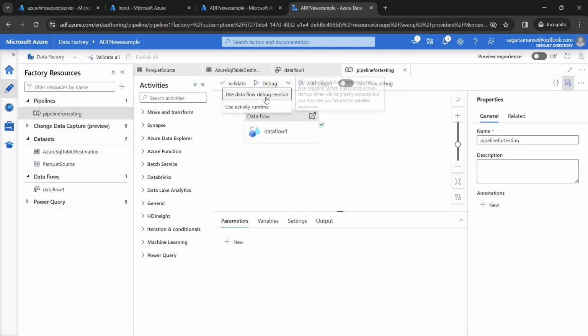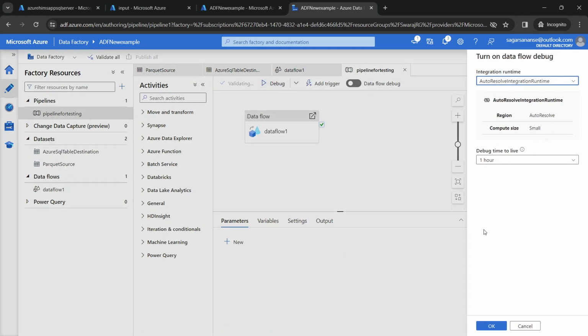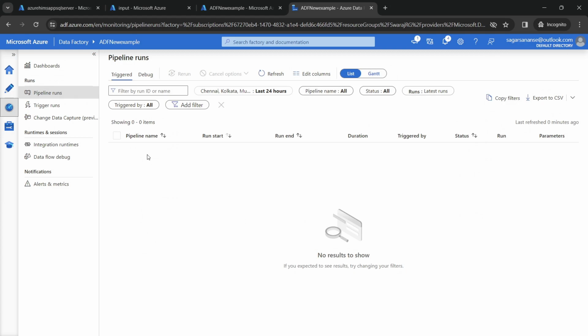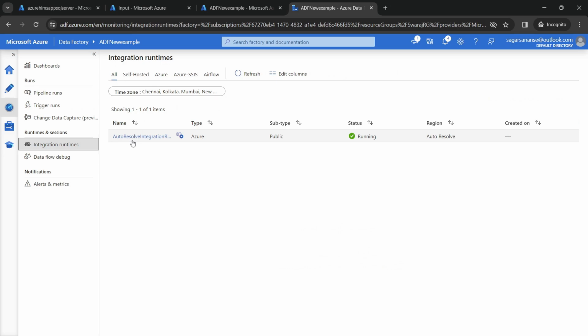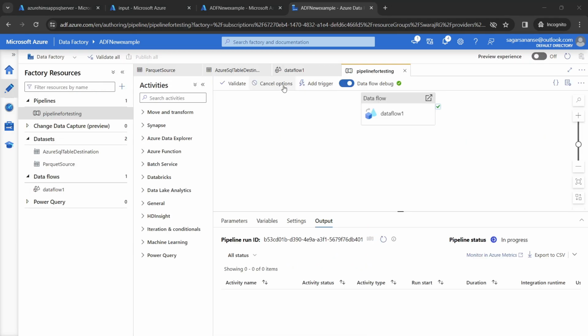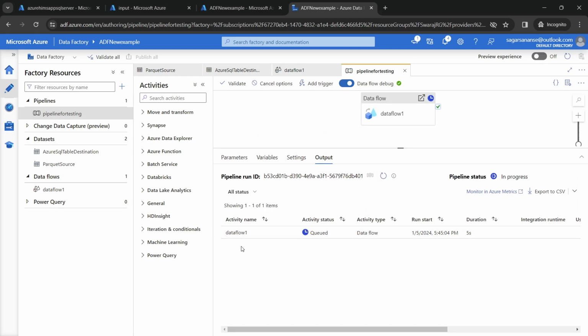Then click on activity runtime. Right now I'm clicking on just debug. And if you want to see the progress of it, here is the monitor data flow. The cluster is ready in the background, and go to the monitor and pipeline runs. So click on refresh. Auto resolve integration runtime. Yes, pipeline runs. Okay, so I clicked on debug, and here you can see this is the queue,